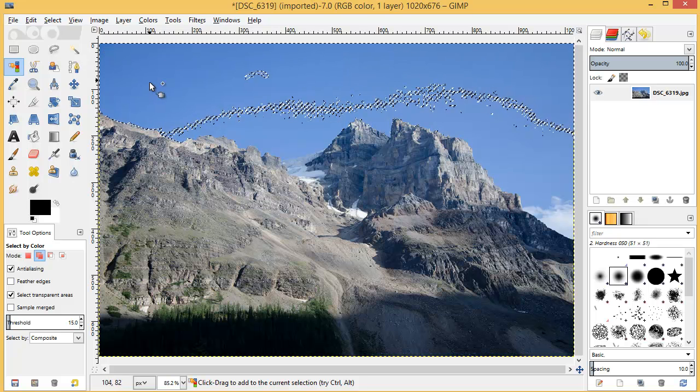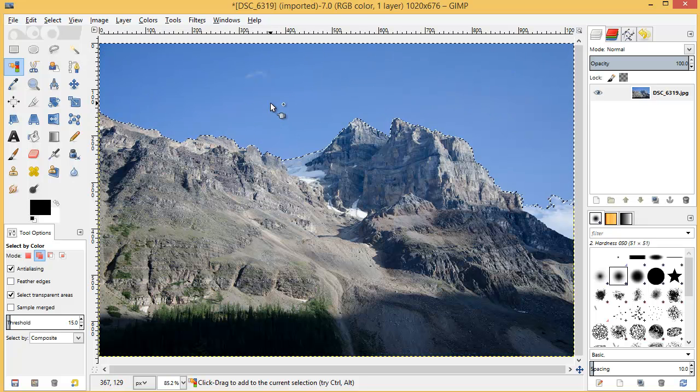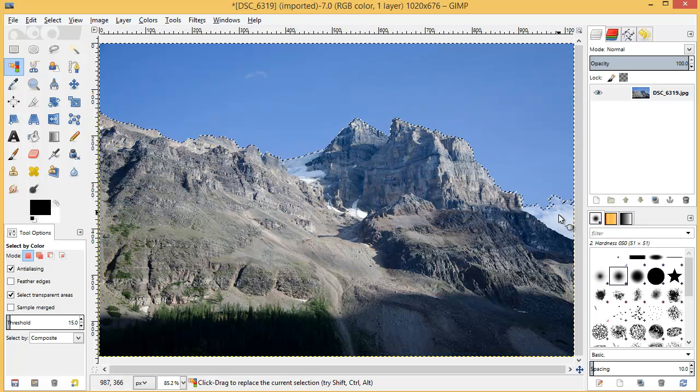So I'm going to click in there. There, and that is really good. It just leaves the clouds, but of course, being with color, if I select these clouds, that will also select our glacier, and it's much easier to fix this area than to try and fix that. So that is a good selection. Now let's drop that one